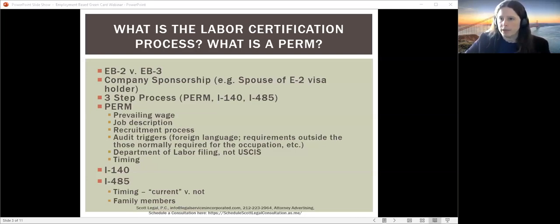So let's talk a little bit about the actual PERM process. Within this process, there's many steps that you need to take. One first step is the company has to draft a job description. Most employers have job descriptions that ask for the ideal candidate, great listener, great communicator, good team player. The job description for PERM can only include the minimum requirements to do the job in a reasonable manner. And the reason is that they want to make sure that the labor market test is